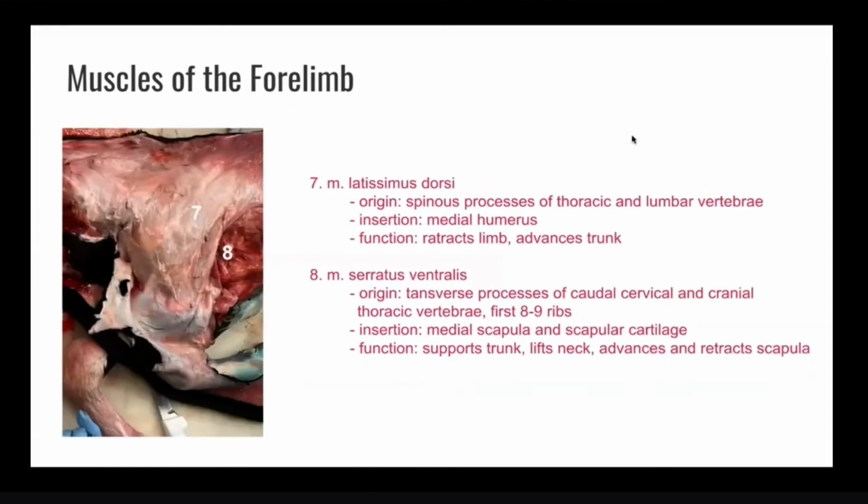The latissimus dorsi originates from the spinous processes of the thoracic and lumbar vertebrae, inserting into the medial humerus. Its function includes retracting the limb and advancing the trunk. The serratus ventralis originates from the transverse processes of the caudal cervical and cranial thoracic vertebrae, as well as the first 8 to 9 ribs. It inserts into the medial scapula and scapular cartilage and helps to support the trunk, lift the neck, and advance